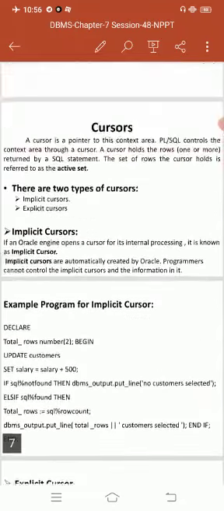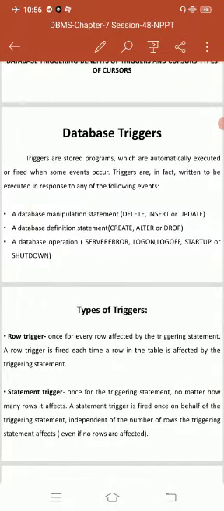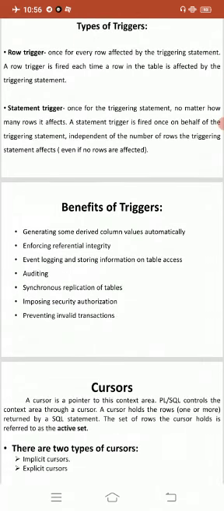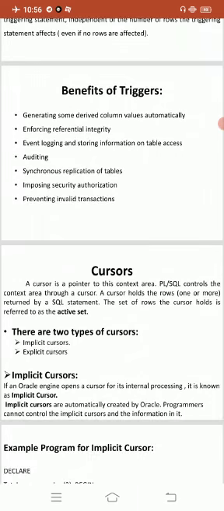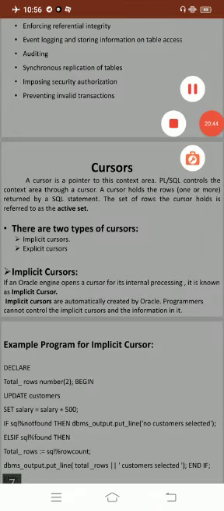So in this session we covered some information related to database triggers: what is a trigger, what are the triggering events, and the types of trigger, row trigger and statement trigger. Benefits of triggers include generating derived values, enforcement, event logging, auditing, synchronous replication of tables, imposing security authorization, and preventing invalid transactions. Then, what is a cursor, and the types of cursor: implicit and explicit.